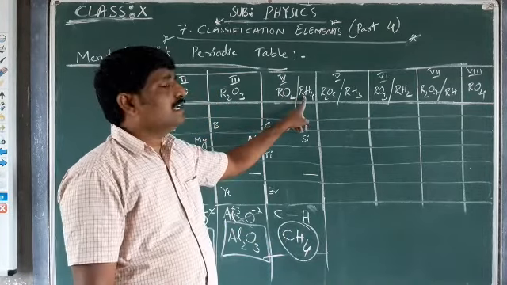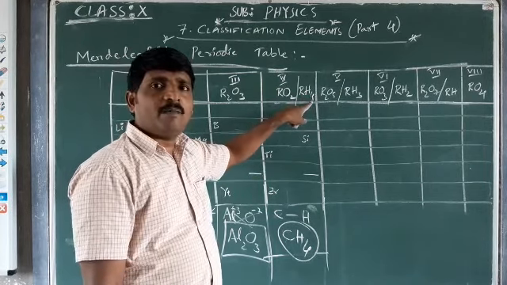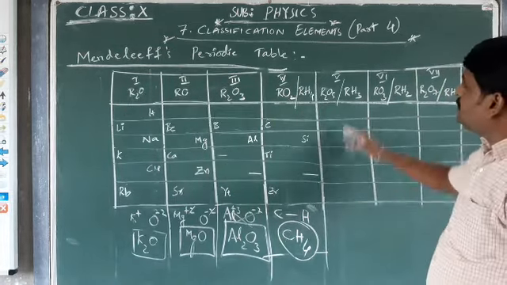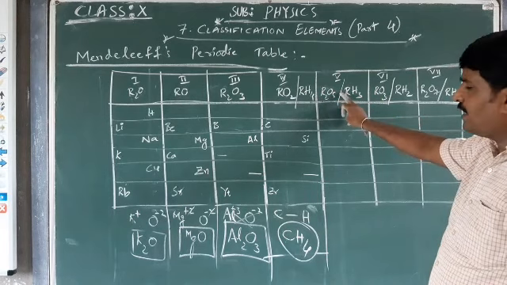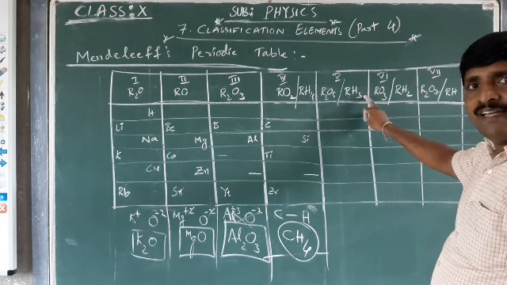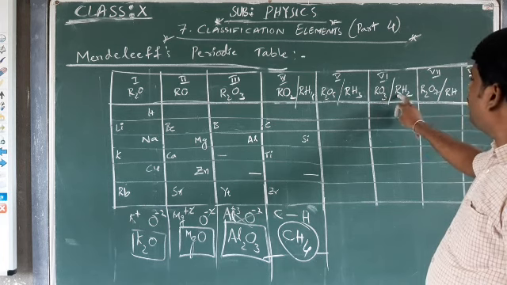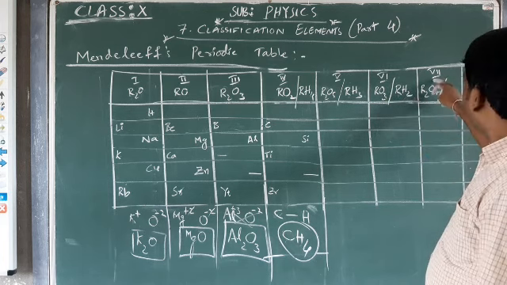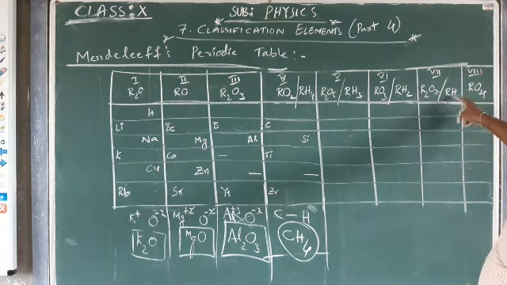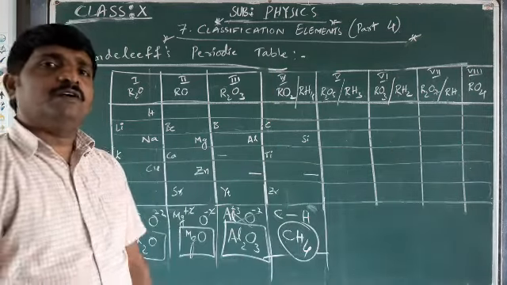If the elements react with hydrogen, they give compounds in the form RH4. In the same way, for each respective group: the elements in the 5th group, if they react with oxygen, will give R2O5, and if they react with hydrogen, they form RH3. The 6th group forms RO3, or otherwise RH2. The 7th group forms R2O7 with oxygen, or RH with hydrogen. The 8th group forms RO4.